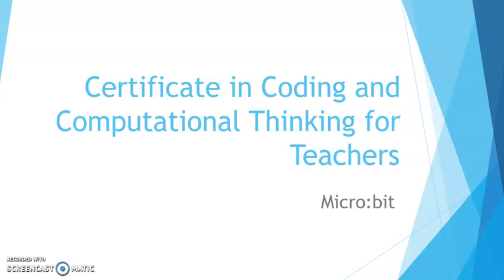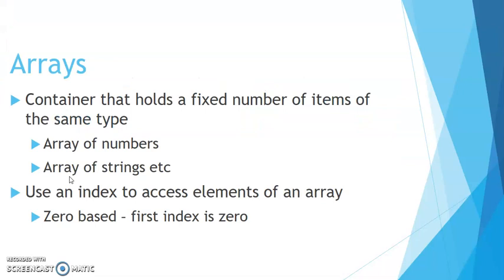So in today's screencast, we're going to look at arrays in the microbit. An array is a container that holds a fixed number of items of the same type, and this is really important because they must all be of the same type. So you can have things like an array of numbers or an array of strings to hold the names of the days of the week, or an array of numbers that holds your student numbers or something like that. The important thing here is that they're all the same type and they're all stored in